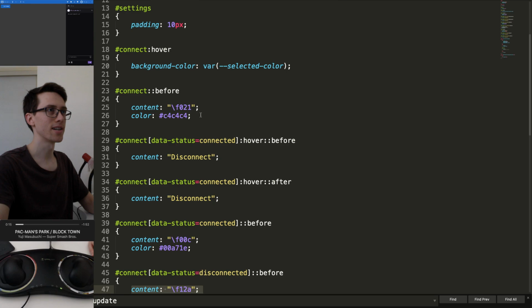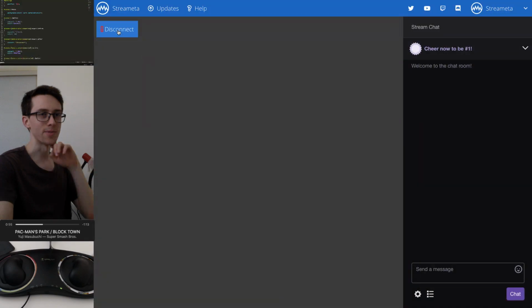So at the moment it's an exclamation mark. I kind of want it to be a cross. We'll see what it looks like now anyway. There we go. So, exclamation mark, I'll make it into a cross. So, if I go to